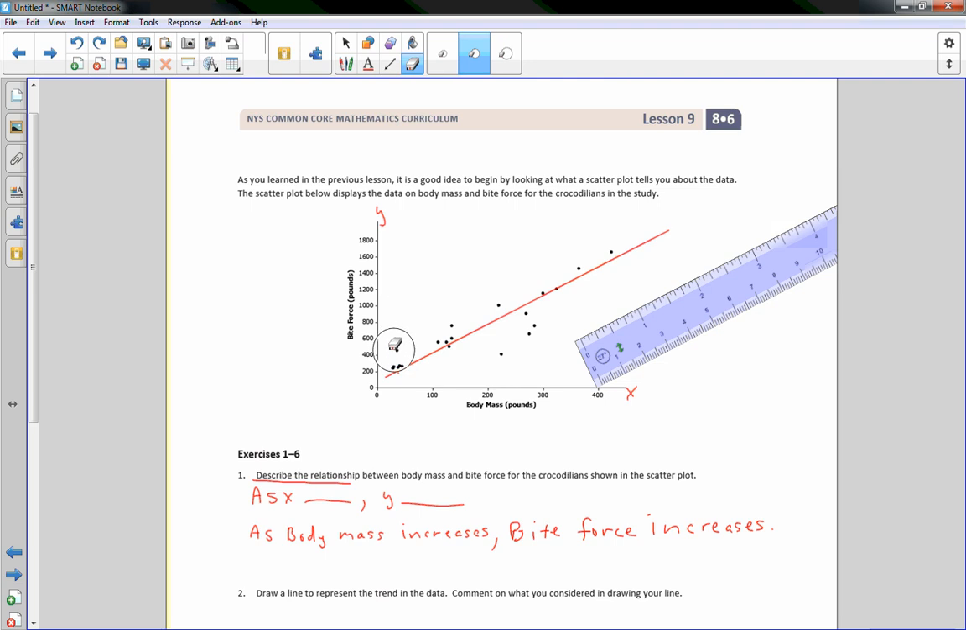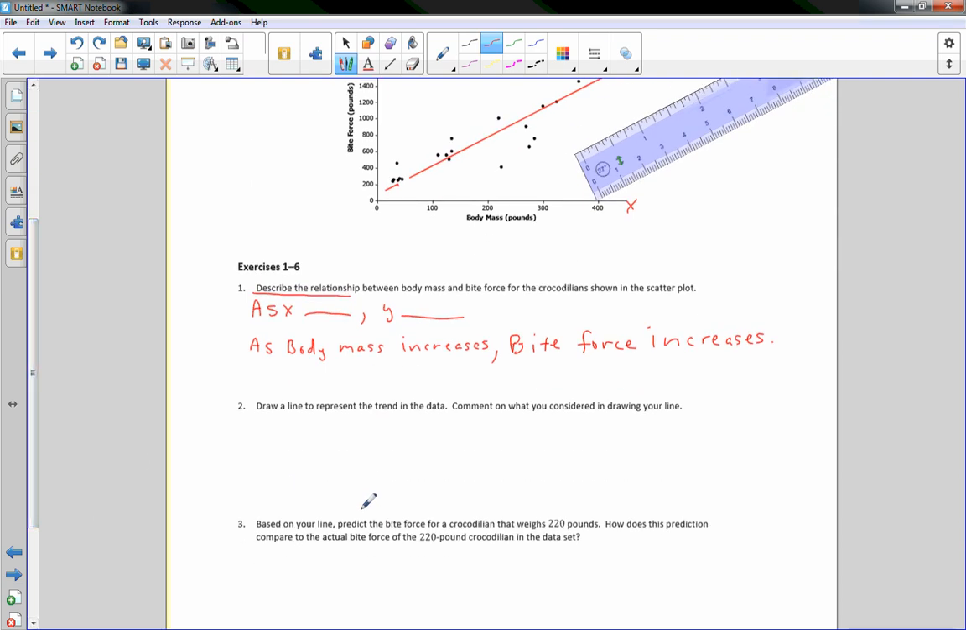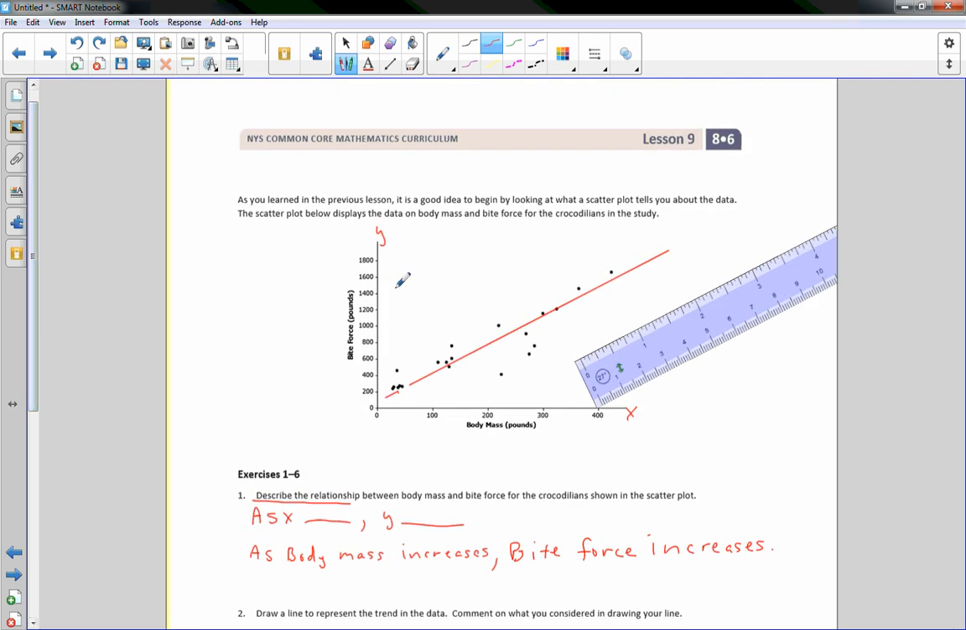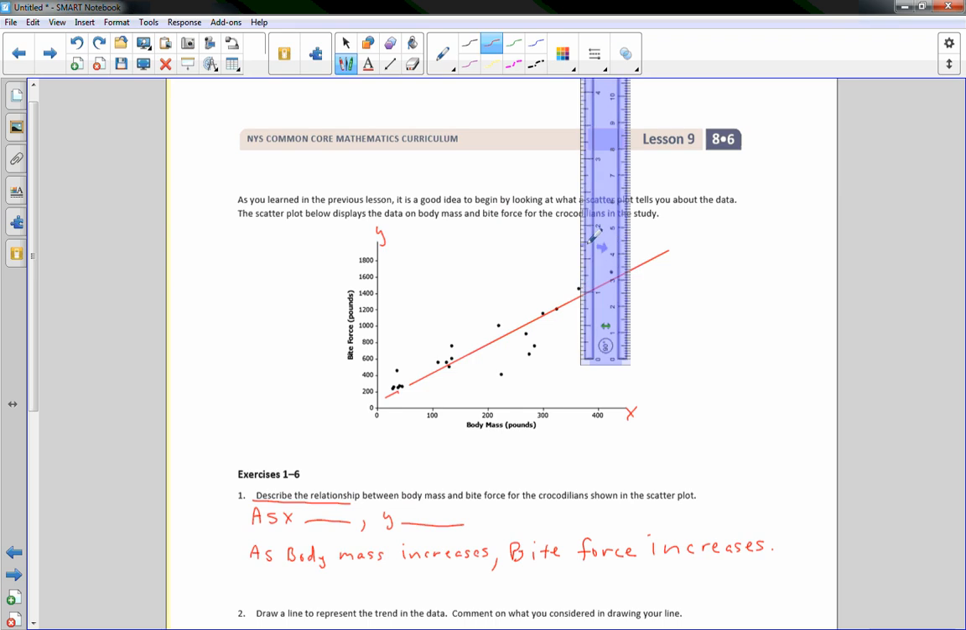And if they're right on the line, then you don't count them, and that kind of thing. Okay, so there's my best fit line for 2. Number 3 says, based on your line, predict the bite force of a crocodile that weighs 220 pounds. So what they're asking us to do is, now that we have this line, make our vertical line with our